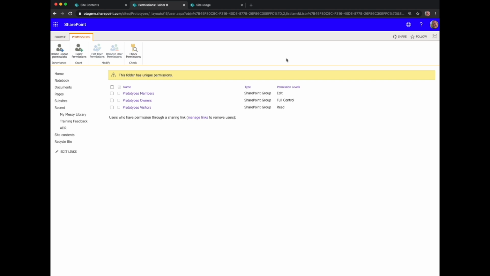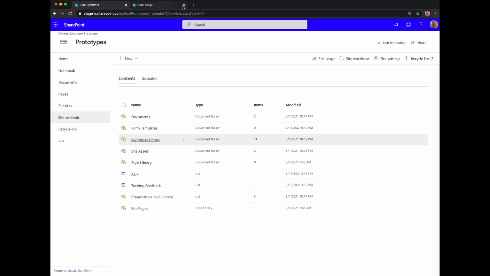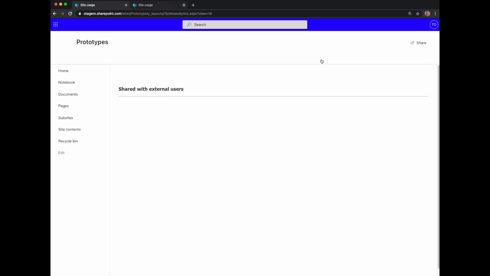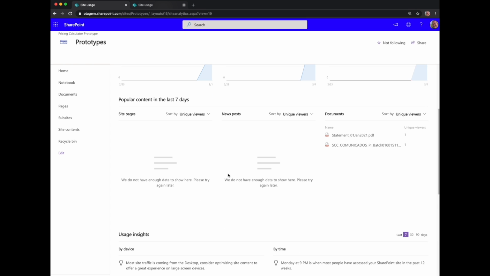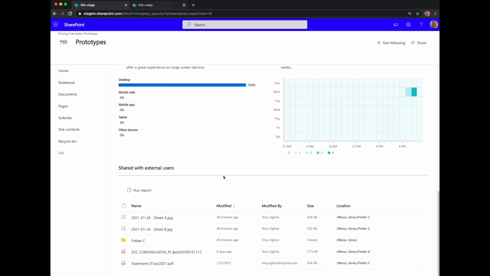There's also a third technique that we can use. The third technique is to use the site usage function within SharePoint Online. How do you access that? Well, if you go to the site contents for your site, and you will notice at the top here in modern view, there is this site usage option. Site usage, if you click on it, will let you see the usage of your site, obviously, some basic statistics. But most interestingly here, it lets us see the items shared with external users,